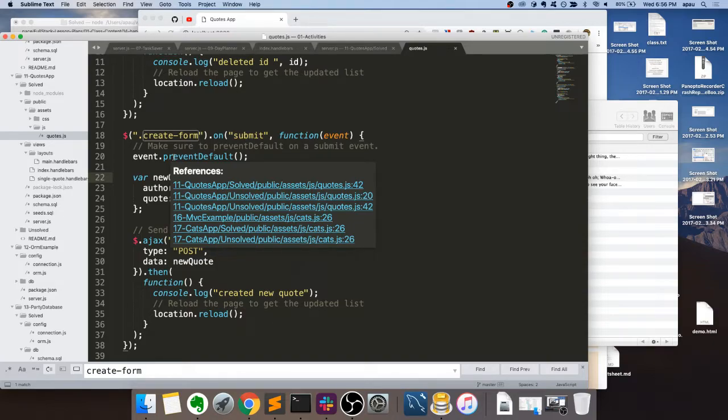That's going to hit our node server. Our node server is now going to communicate with our database. It's going to execute queries like select, insert, update, and delete. The database is going to return information back to our node service, and that is going to communicate with our template